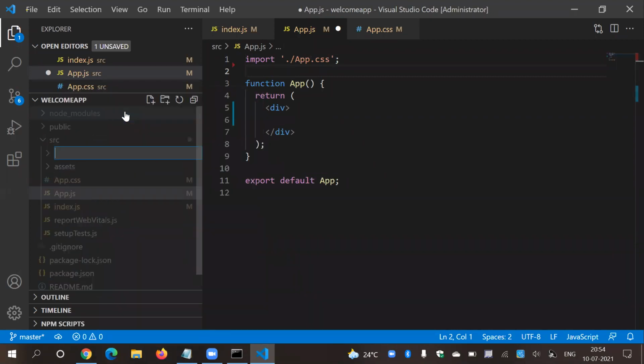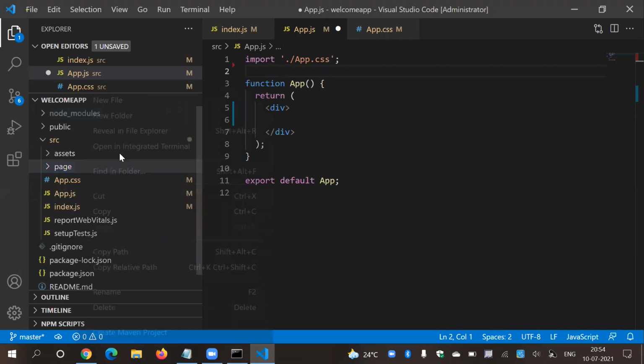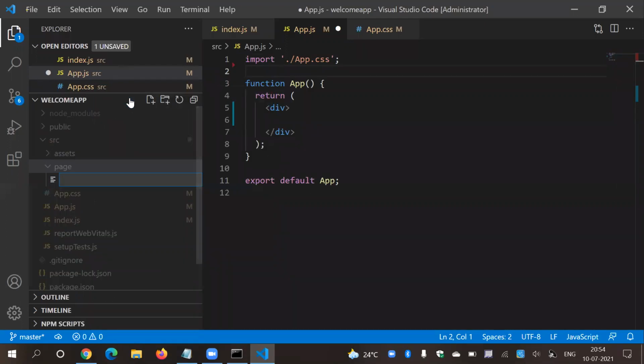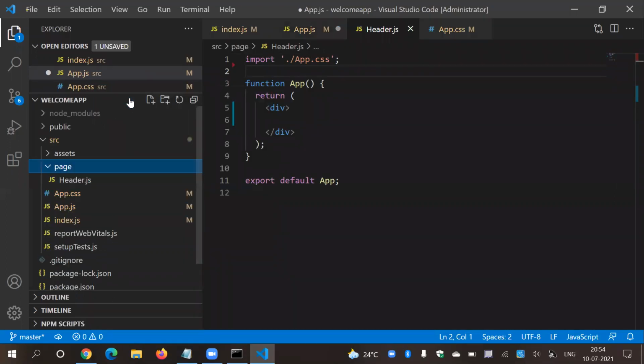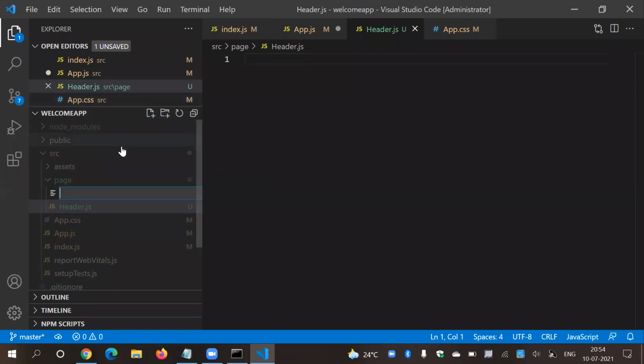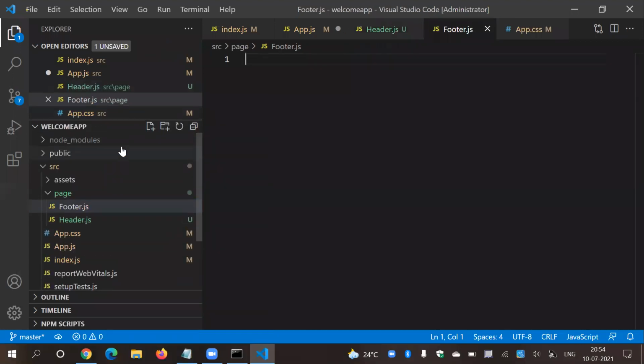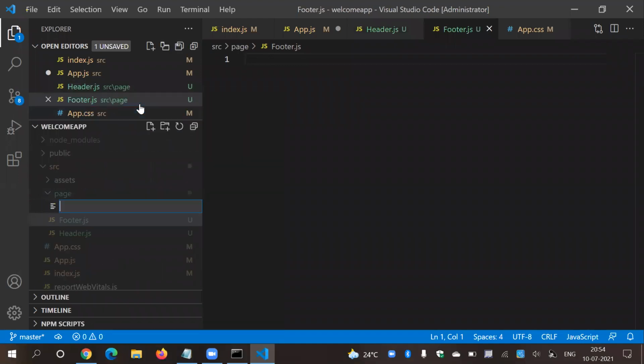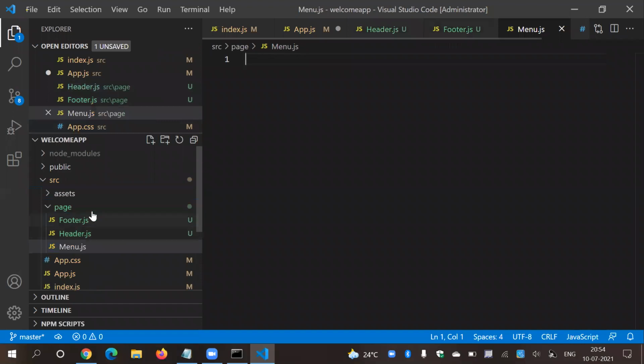Then create one more folder, let's say page. I want to create a few files. Let's say header.js. Then I want a new file, footer.js. Again, I want one more file with the name menu.js. Perfect.